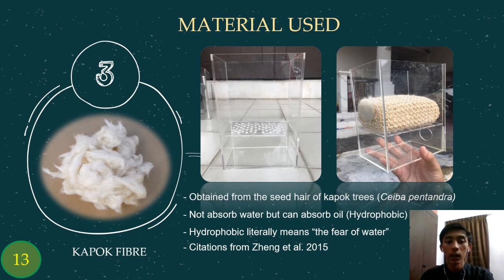On the top layer, kapok fiber wrapped in a net is placed. The kapok fiber is wrapped in the net so it does not fall together with the water into the bottom layer. Between the two layers, small holes are drilled to let the filtered water flow through. So in conclusion, this trap serves as a filter to trap the oil.